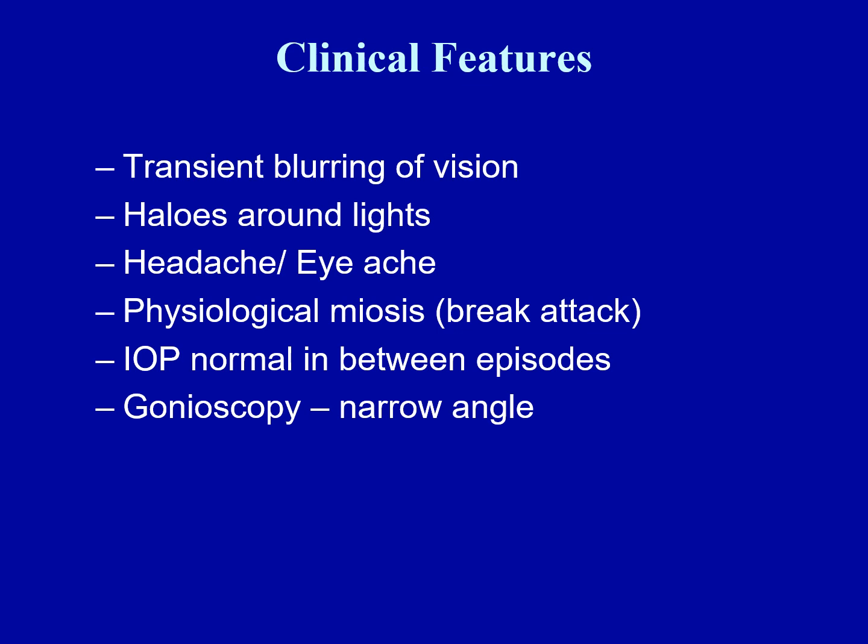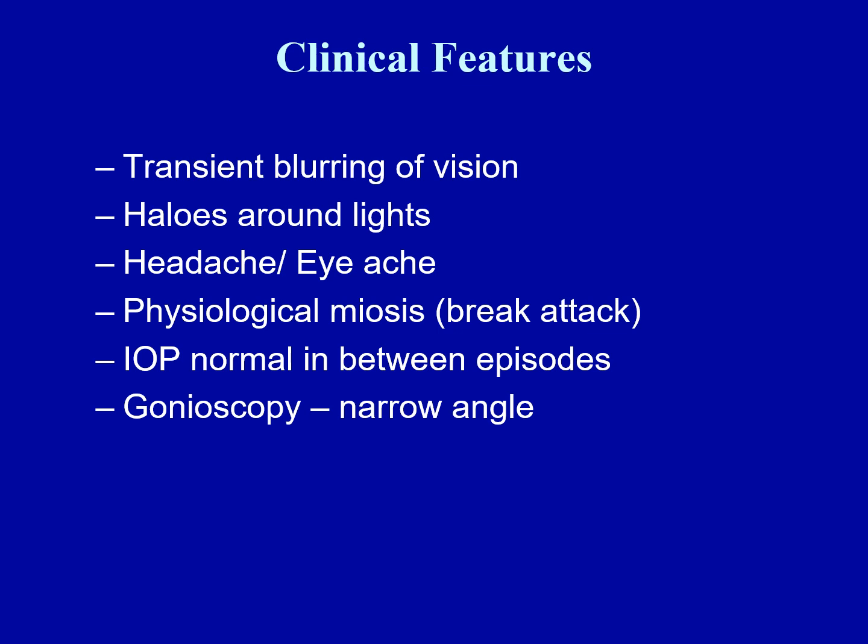So what are the clinical features of this subacute stage? Patient complains of having transient blurring of vision. It is due to the corneal edema, and also the patient complains of halos around lights, and these are also due to corneal edema. If you pass a slit in front of the pupil, these halos are not breakable, but the halos due to cataract are breakable. Patient also complains of having headache, eye ache,